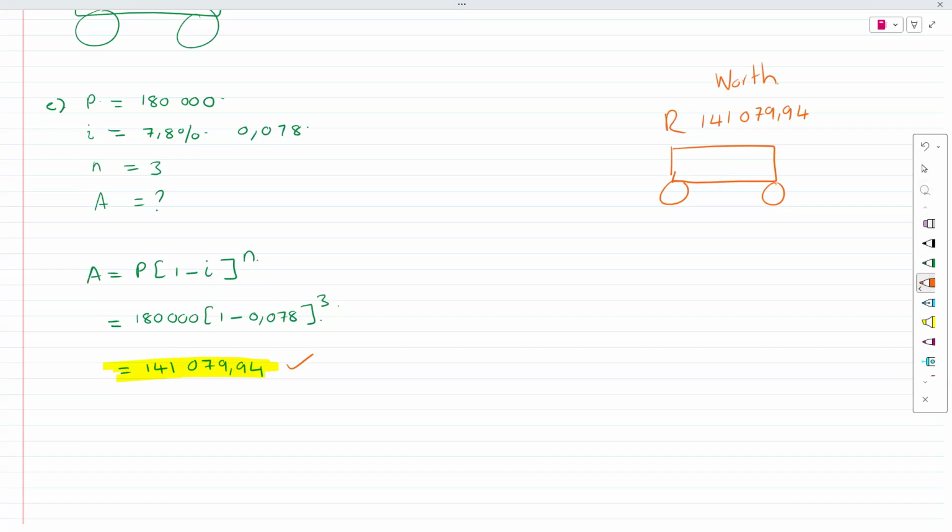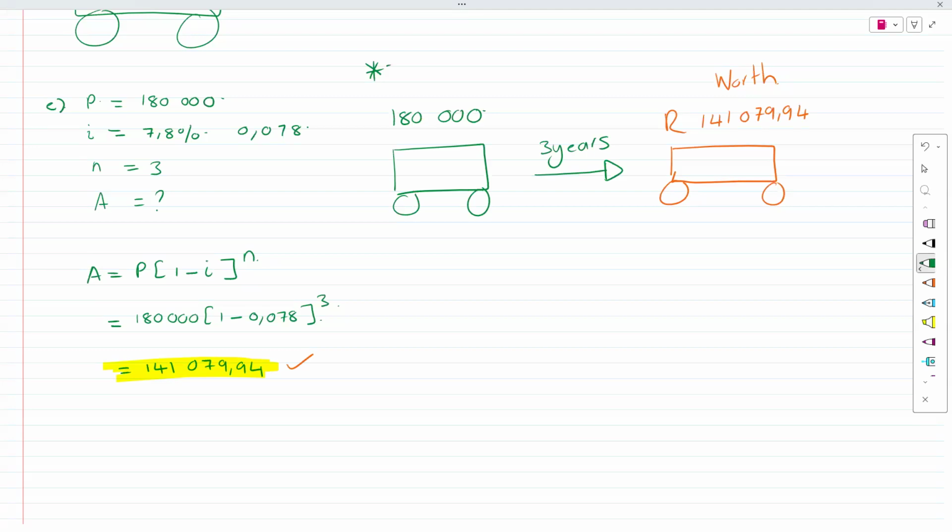Now we're going to calculate how much I owe on this car. So we're going to go back and we're going to recalculate. I'm going to skip the calculation part, the algebra, because I did it already. So firstly, we're going to find out how many years I paid for this car. The depreciation of this car happened in 3 years. So in 3 years, it starts off as 180,000. Now it's worth that. So that was part one. Find out what the car is worth.